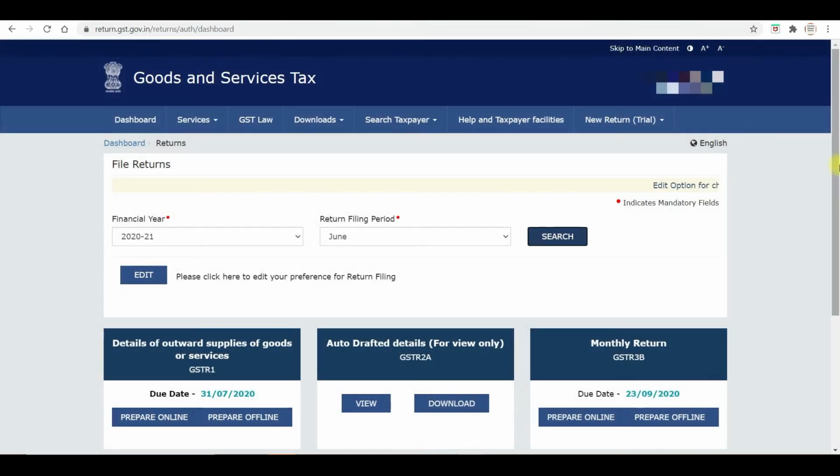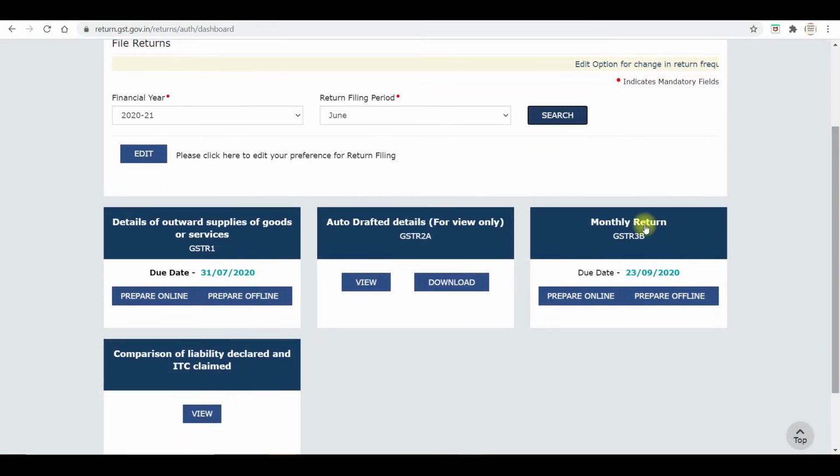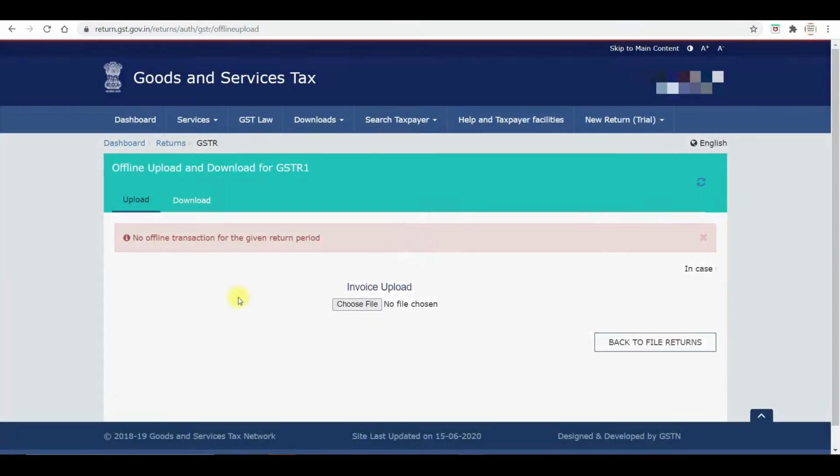Once you click on enter, you can see that the GSTR 1 filing due date is 31st July 2020. If you want to file online, you need to click on prepare online. If you are going offline, we need to select offline, because we have already generated the JSON file from the Tally application, so we are going to upload it in this GST portal.